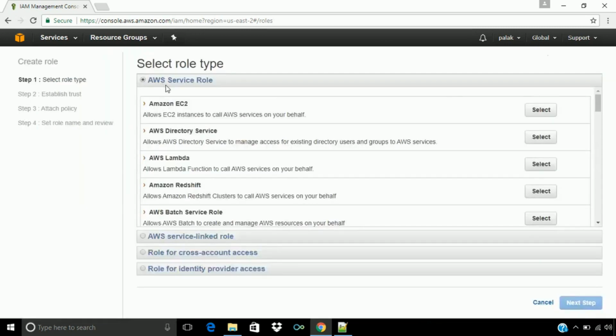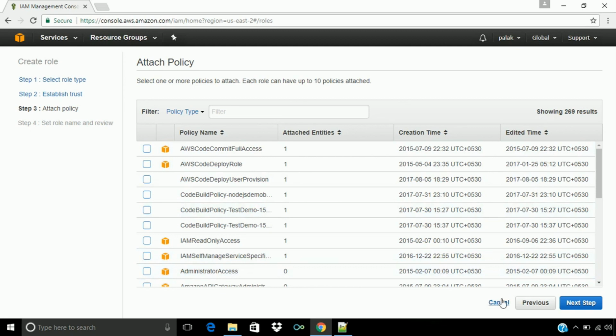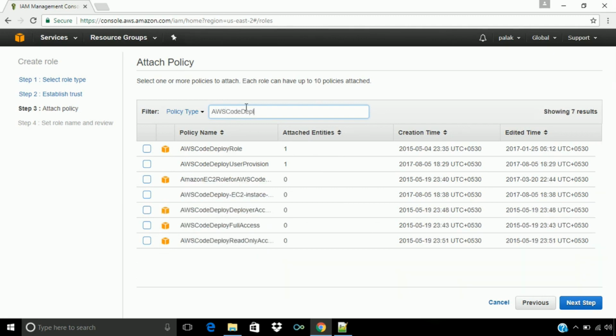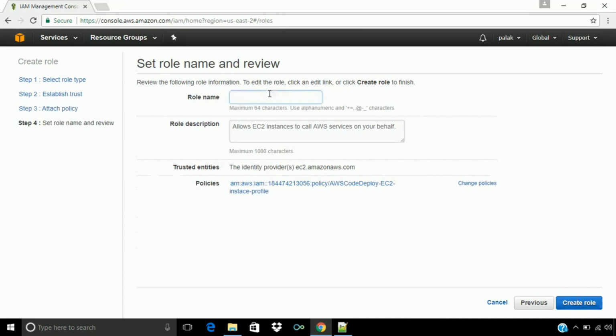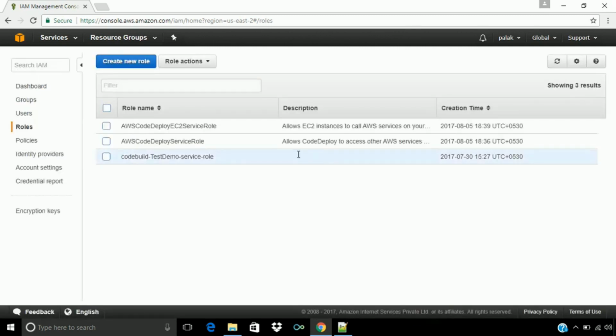So let's create a new role, and in AWS service role you can see the Amazon EC2. Select this Amazon EC2 and now attach the policy which we have created. So let's search with that policy, that is this AWS code deploy EC2 instance profile. Attach this policy and click on next. We will give the name, that is AWS code deploy EC2 service role, and then click on create role. It will create our role and